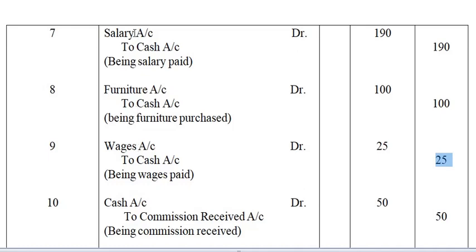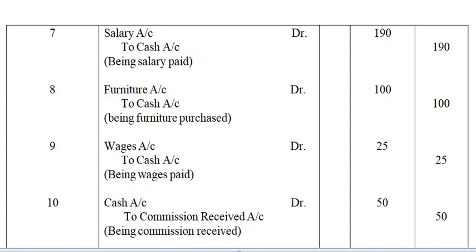Salary you pay to the indirect laborers, and wages you pay to the direct laborers, who are unskilled or who work in a factory area. But salary you pay to those who are skilled laborers and they work in the office. Okay, they manage your books of accounts. They can be managers, sales managers, accountants. Okay, so that is your salary. But the wages you pay to the factory workers.